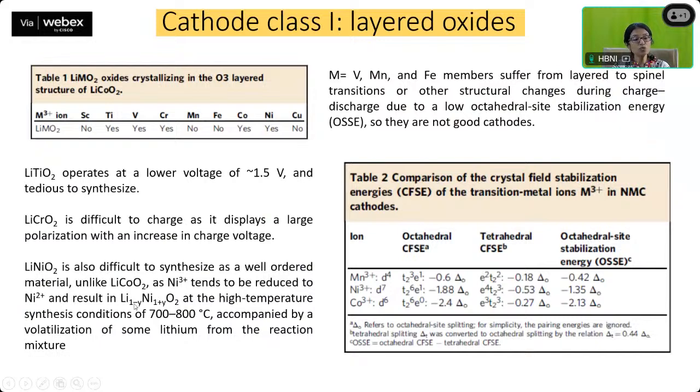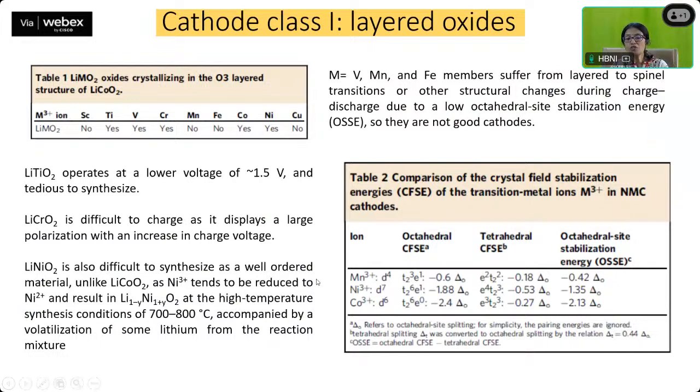So what you will get is a lithium deficient structure at a high temperature synthesis condition of 700 to 800 degrees centigrade. And this is accompanied by volatilization of some of the lithium ions from the reaction mixture. So obviously lithium is moving out, then the structure is not exactly LiNiO2. What you get is Li1-yNi1+yO2, and this is not as good as